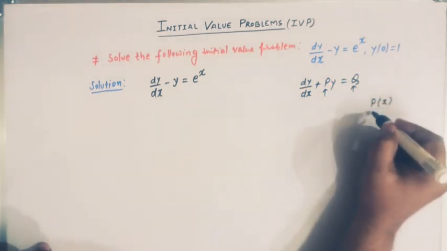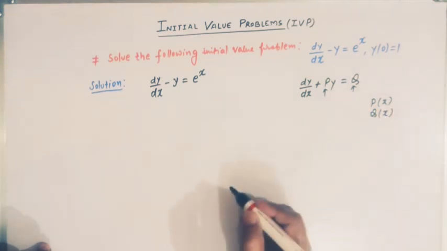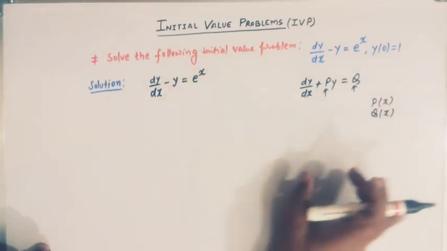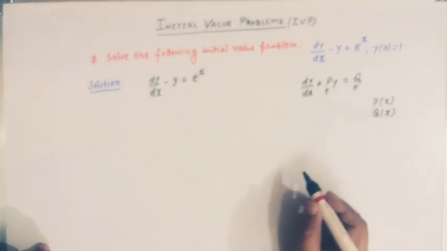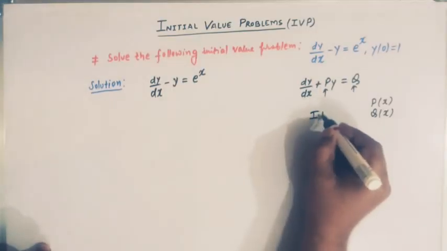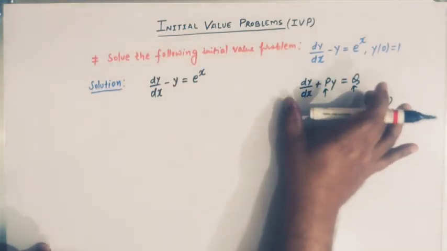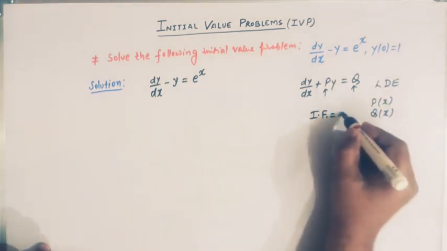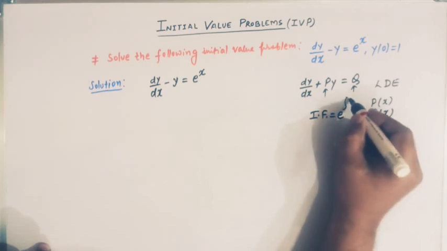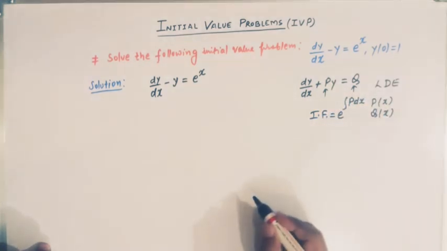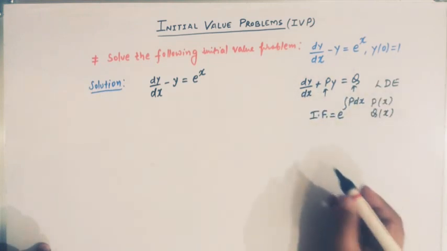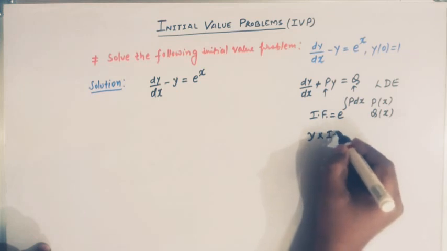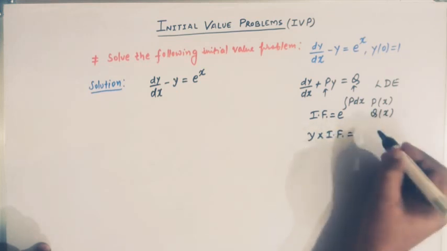To solve this equation we have to first find the integrating factor. The integrating factor for such linear differential equations is given by e raised to integral of p dx, and the solution of this equation is given by y multiplied by integrating factor is equal to